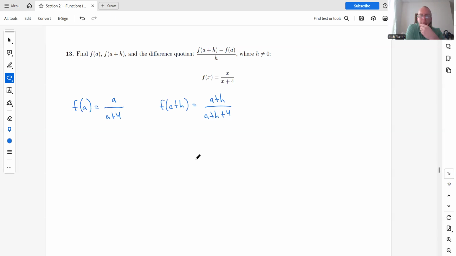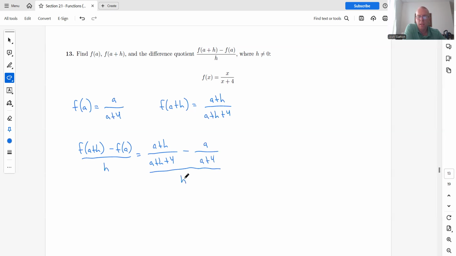All right, nothing really to simplify there. So let's get our difference quotient. F of a plus h minus f of a all over h. So f of a plus h is a plus h over a plus h plus 4 minus f of a